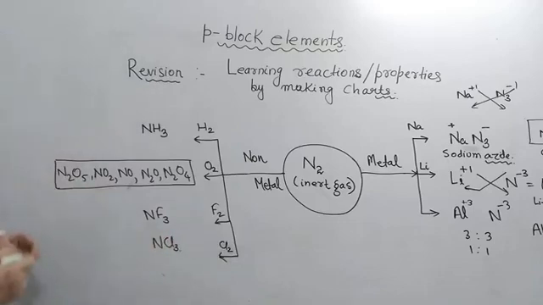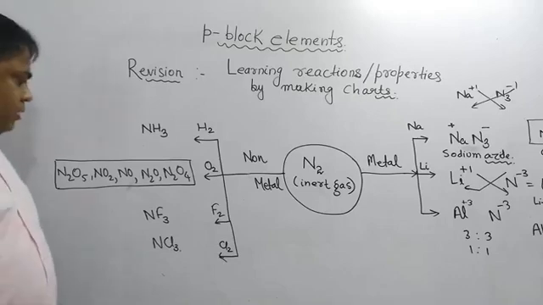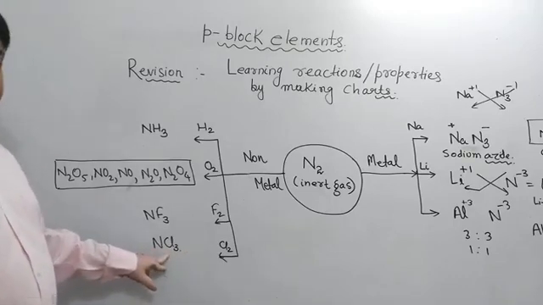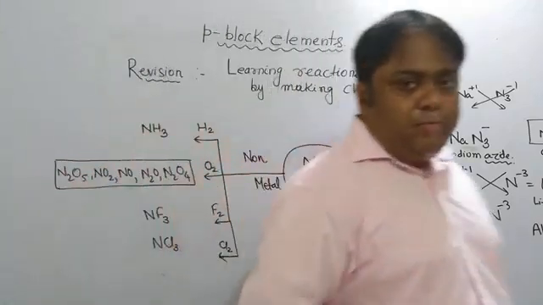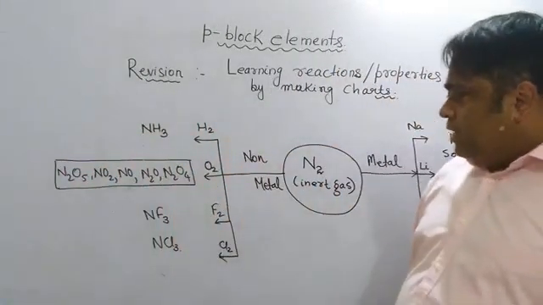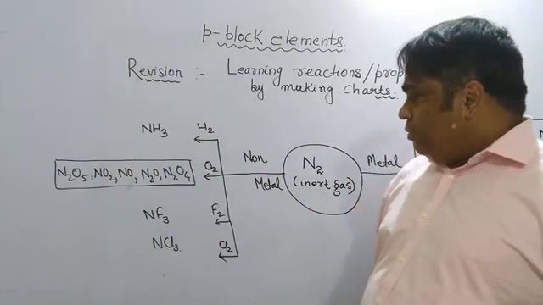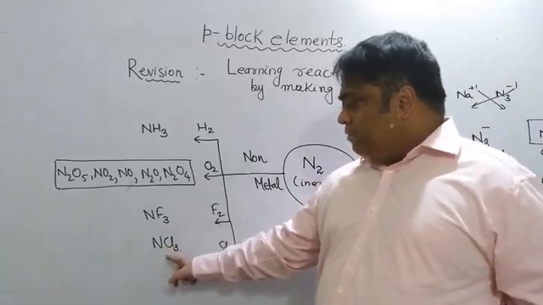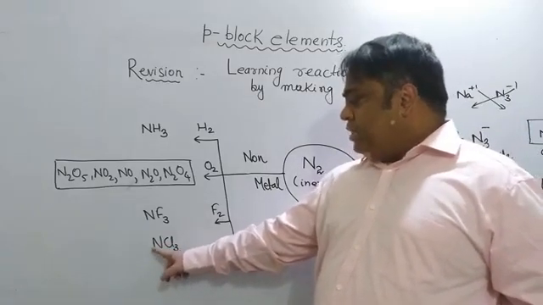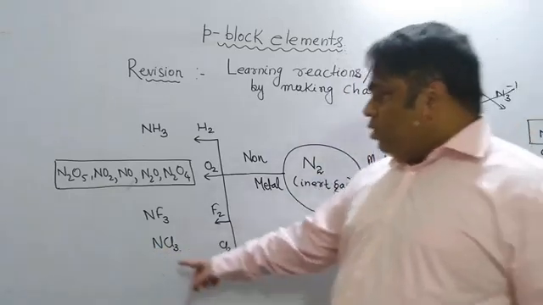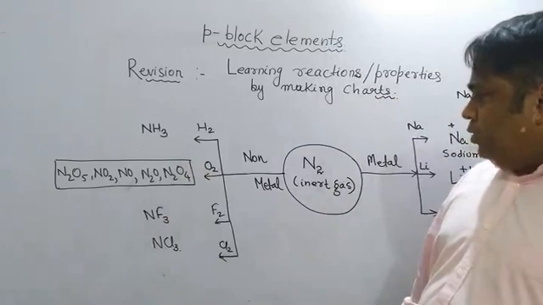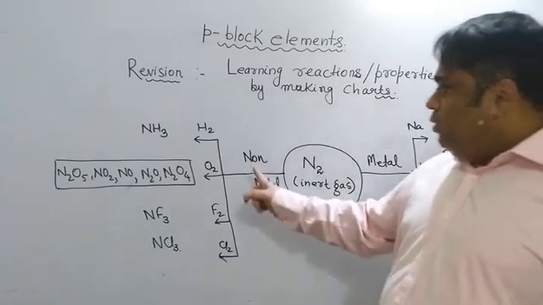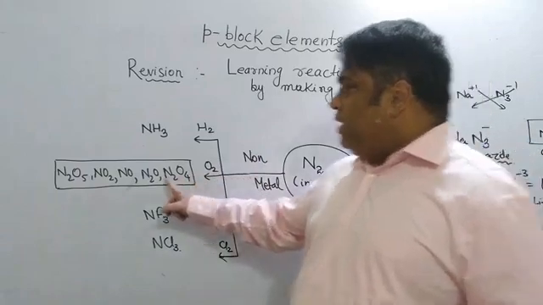Now, based on these properties, there can be some reasoning based questions. The reasoning based question could be like this: nitrogen can form NCl3 but not NCl5. The answer to that was there in the previous discussion: nitrogen cannot extend its covalency up to 5 in the context of NCl5 because it does not have empty d orbitals. So all these reasonings were discussed earlier. Okay. Now, see, nitrogen is reacting with oxygen to form so many oxides.